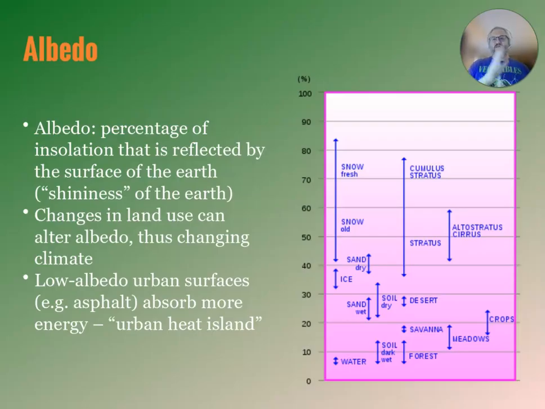So if you compare a forest that might have grown in an area to the city that was built when the forest was cut down, that city probably has a lower albedo than the forest. So urban landscapes are absorbing more of the sun's energy. They're reflecting less of it, so they're absorbing more of it. And this creates what's called the urban heat island effect. So because urban landscapes tend to absorb more of the sun's energy, that's going to heat them up more than a nearby non-urban, like a natural or rural kind of landscape. So you'll often find that it's noticeably warmer in a city than it is in the nearby rural areas because